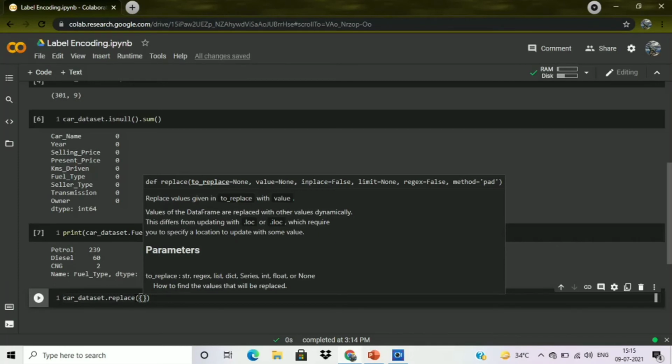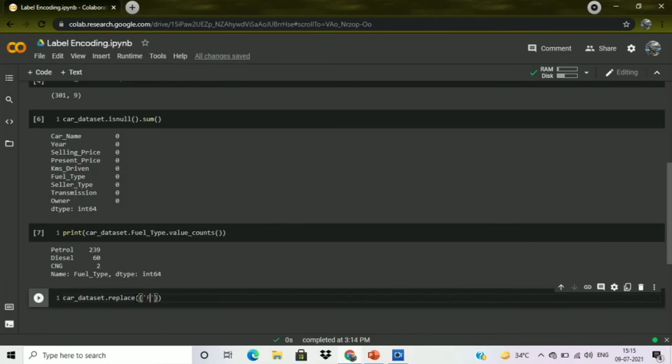Here we are using fuel type. Always keep in mind that you are typing the correct letters, because if you make any mistake with lowercase or uppercase, you will get an error.